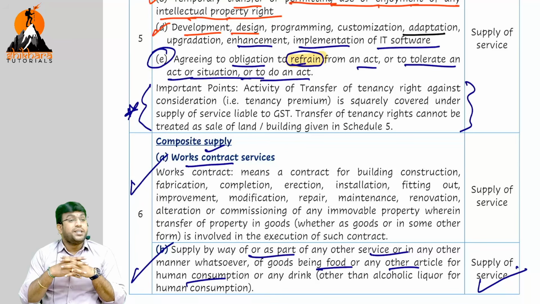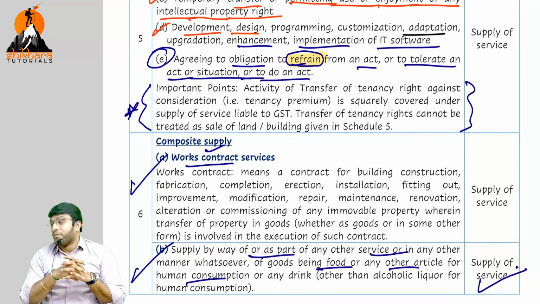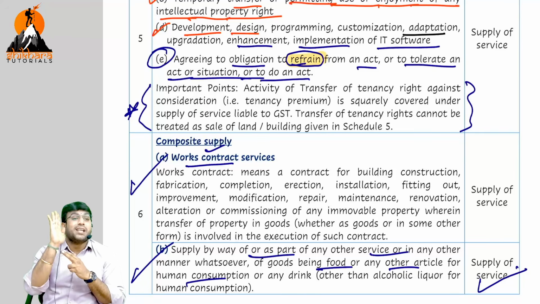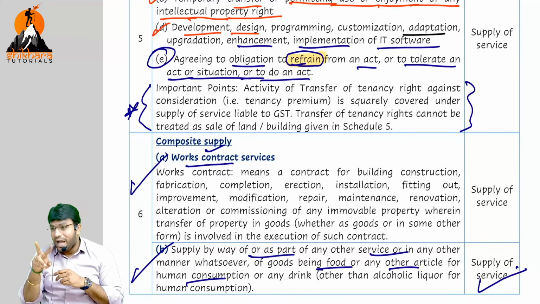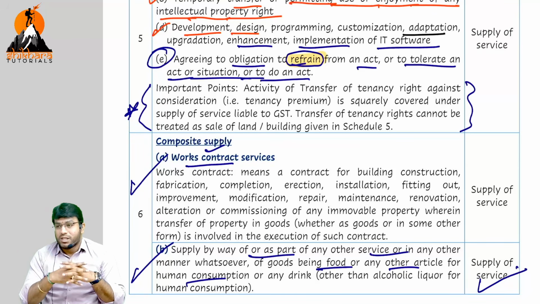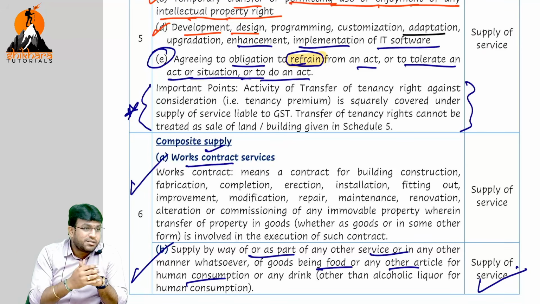Are we getting clarity? Okay, my dear friends. That is the story of section 7(1A) read with the schedule. Dear friends, some important concept is there related to construction of a building, related to occupancy certificate. Before OC, after OC, some concept is there. If I start that, I require some 15-20 minutes to complete that concept. I'll teach that in the next session.